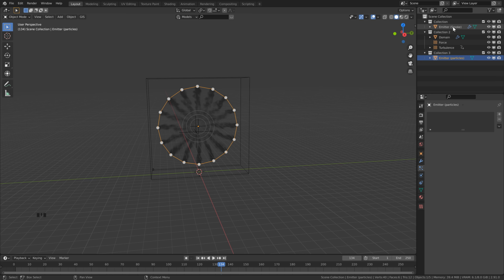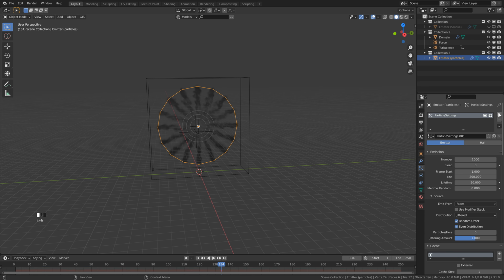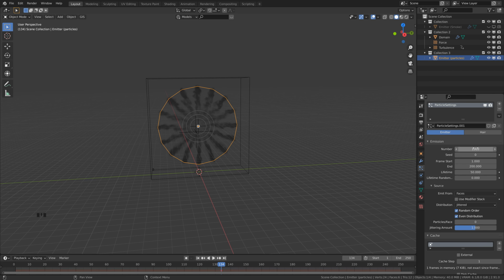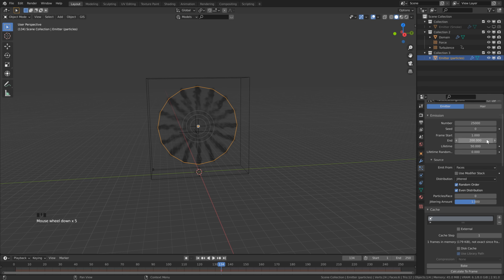We don't need to use our original smoke circle anymore, so let's just turn all of these off. Keep in mind that if you do need to rebake your smoke, you will need to turn these back on. Now select the new particle emitter and click the plus symbol. Feel free to change this to whatever you want, but I'm going to set mine to around 25,000. If you do have a slow computer, feel free to set this to something like 10,000, and that should work fine as well. Then we're going to set our start and end frames to match our animation and change the